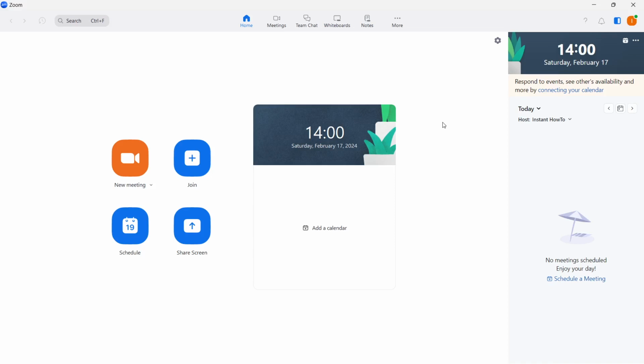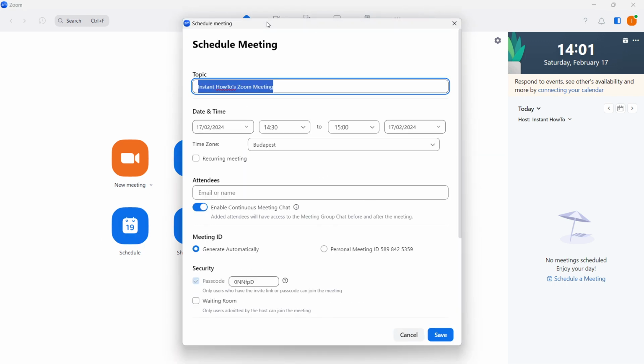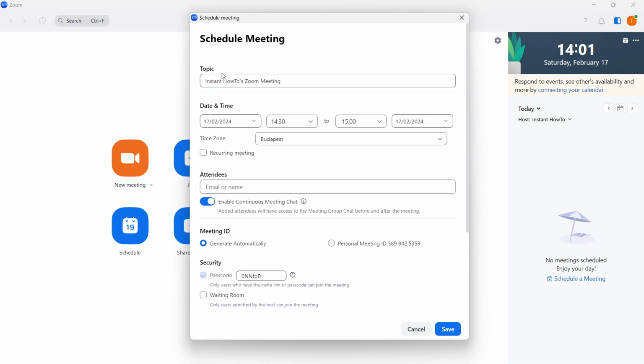In this video, I'm going to show you how to create a Zoom link for a meeting. Now, once you're in your Zoom, you press over here where it says schedule, and then you can schedule a meeting. Now, you can change the topic of the meeting and then the date and time. So I'm going to leave the topic as it is and then change the date and time to today at